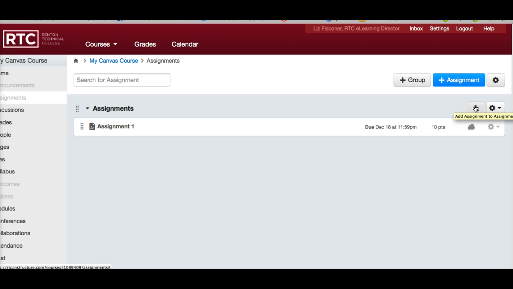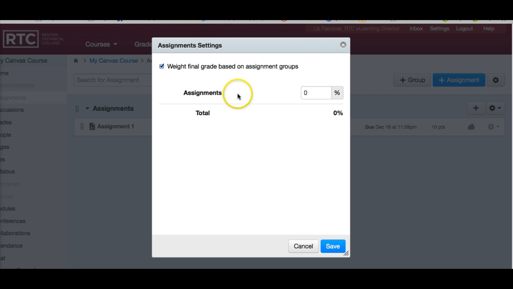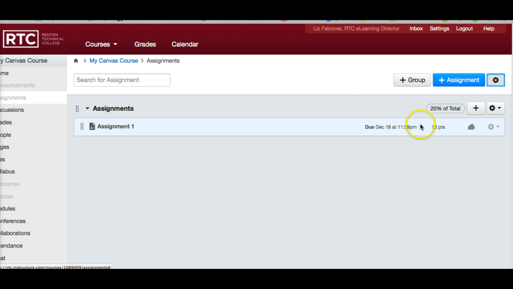You might want to have different assignment groups to match your syllabus. For example, homework is worth 10% or quizzes are worth 20% or whatever. In that case, the gear on the upper right, you can click on that, and you can say weight final grade based on assignment groups. If you click on that, you'll be able to decide how much all the groups are worth. So for example, my assignments are worth 20%. I can save that. I've got my assignments here now, worth 20% of the total,